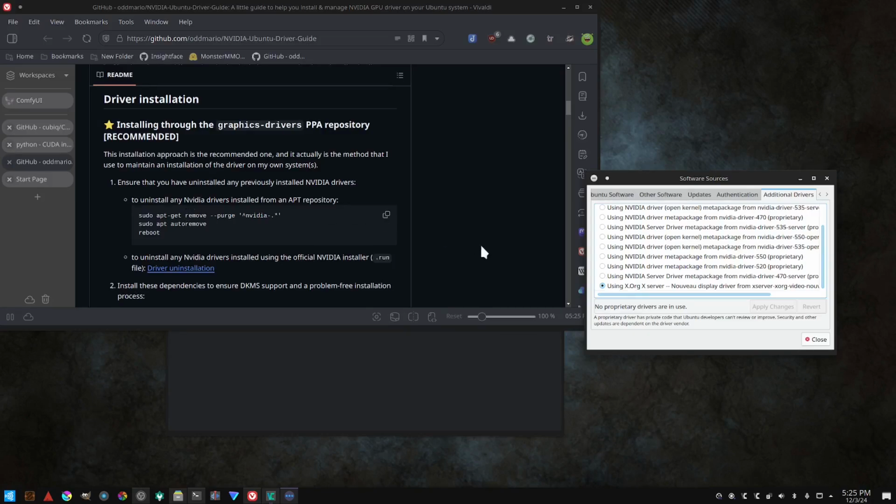So use the tool to select the Nouveau X server driver, the open source one, so we're not using the NVIDIA one while we try to uninstall it. If you want to be thorough, restart the computer before the next step. I didn't even restart it, to be honest. I went ahead and did sudo apt-get remove --purge nvidia